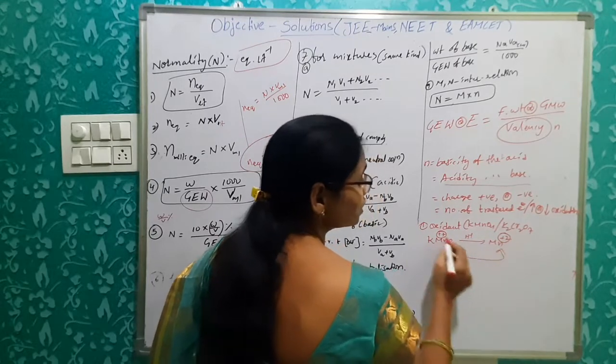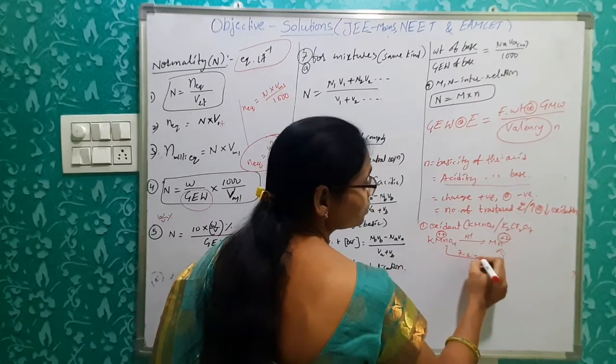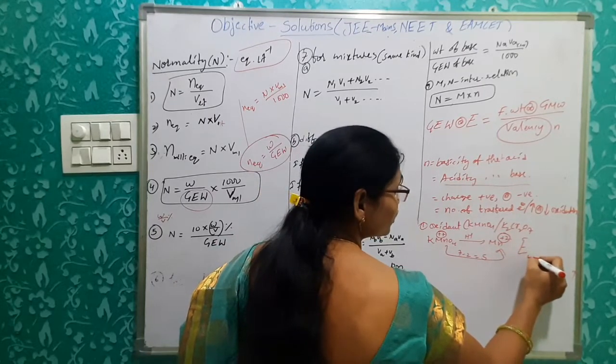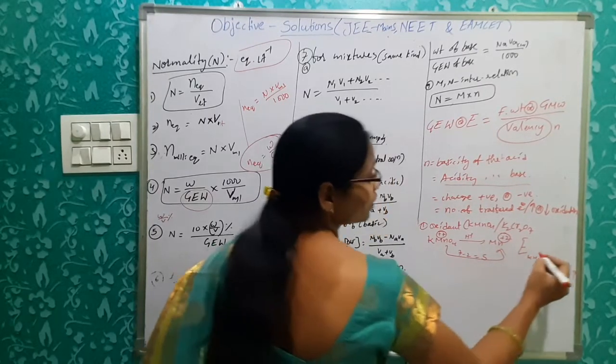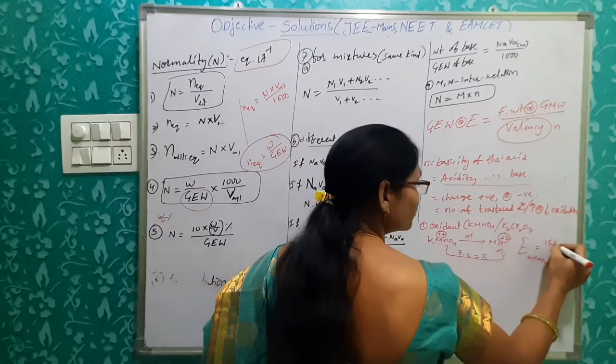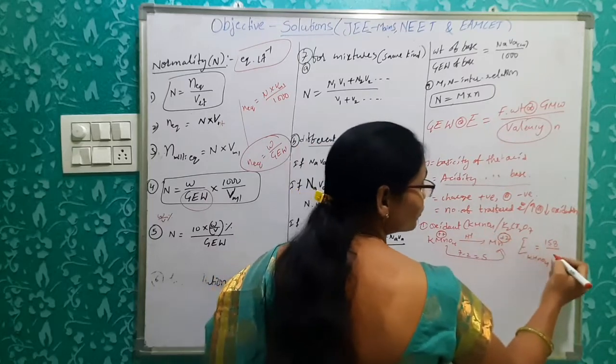So how much is the decrease in oxidation number? 7 minus 2, 5. So the equivalent weight of KMnO4 in acidic medium is the formula weight 158 by 5,